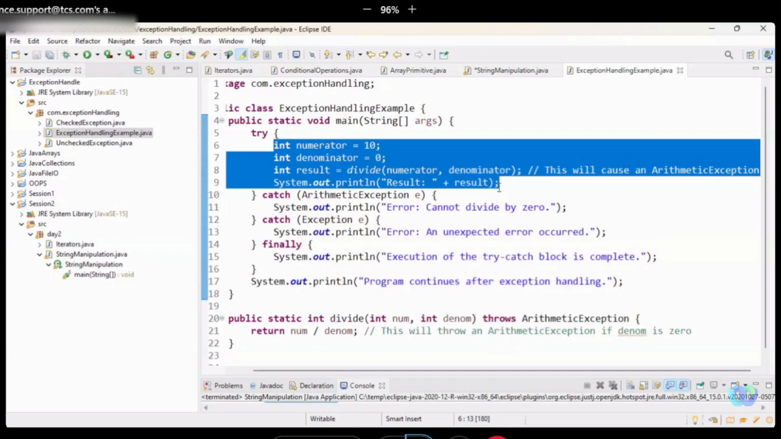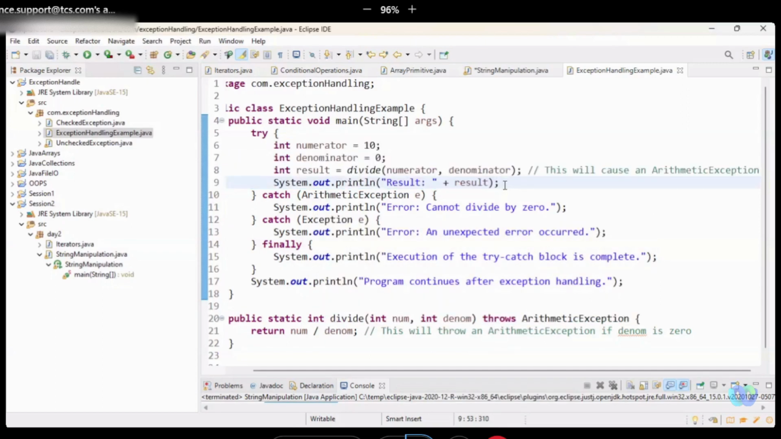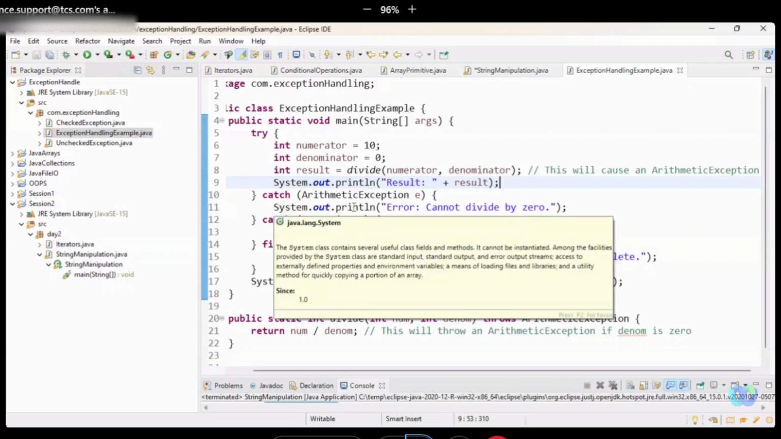And whatever the error, that error code or whatever the exception that occurs will get caught by the catch block, okay? Which is, we are mentioning either it can be an arithmetic exception, which is an error, or